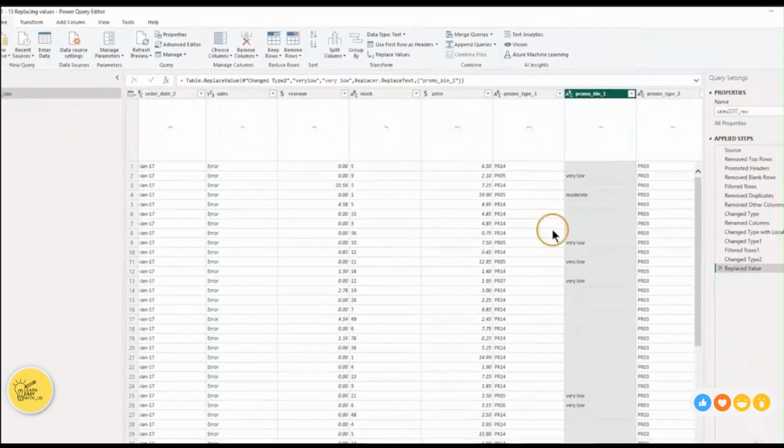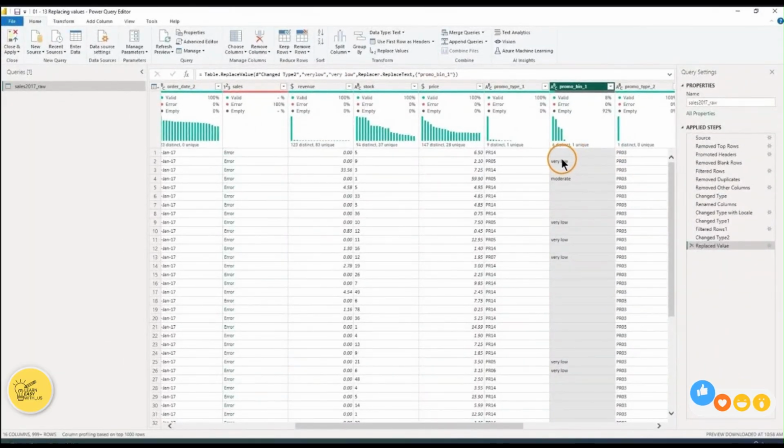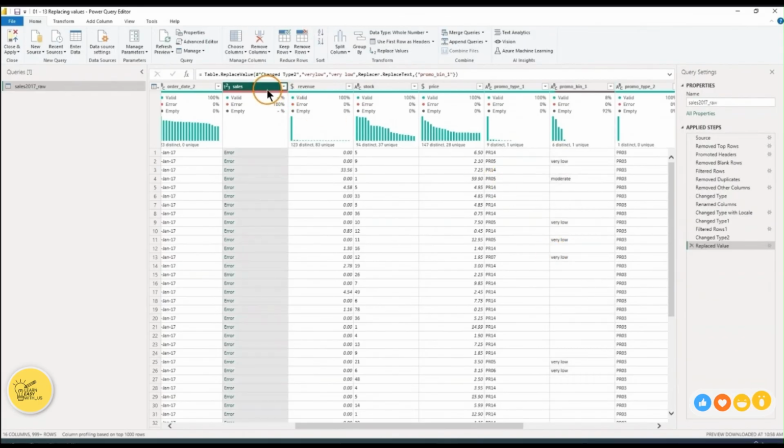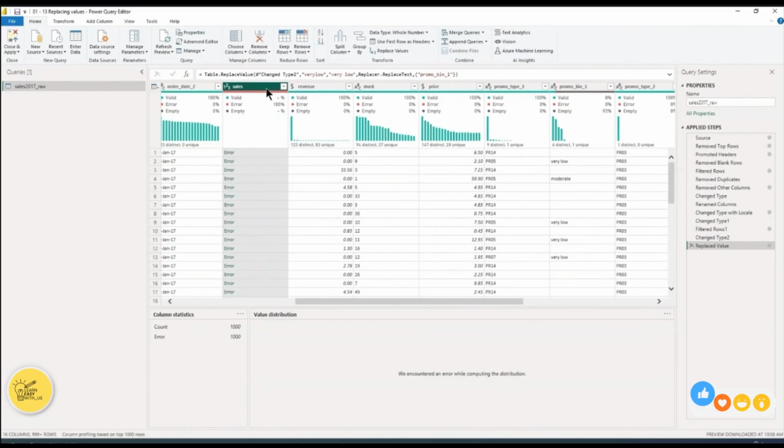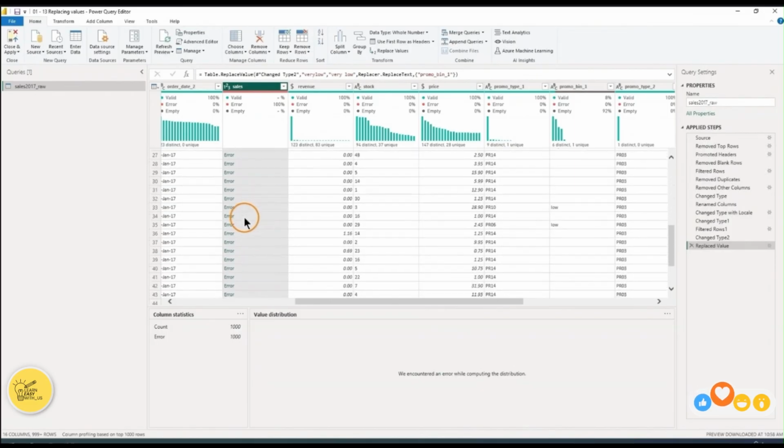And then I can just click on OK, and then all of those values have been removed. So this is now a lot better, and we can even now change also this sales column. So instead of replacing values, we can also replace even all of the errors. But of course, in this case, if we would replace all of the errors, it would just remove all of